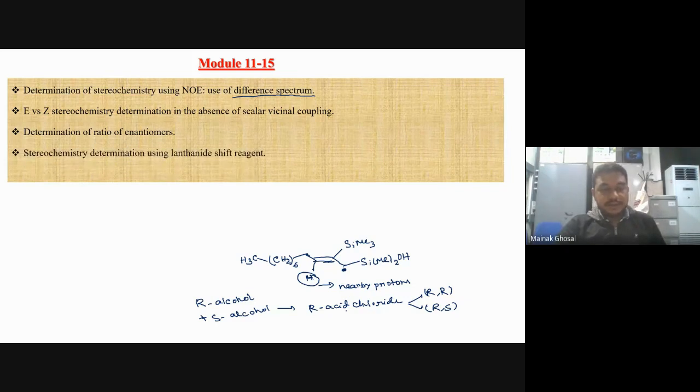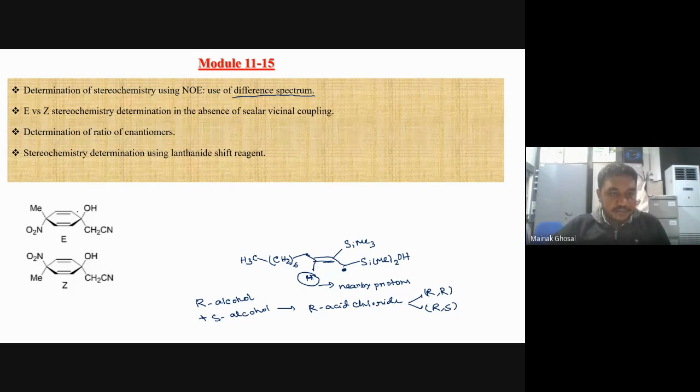Then stereochemistry can also be determined using a lanthanide shift reagent. As you discussed in the previous module, you just have an E or Z isomer. So I think I have an example. Here, suppose this is the example that was discussed. So in these two cases, you will see that suppose any europium, which is a lanthanide,